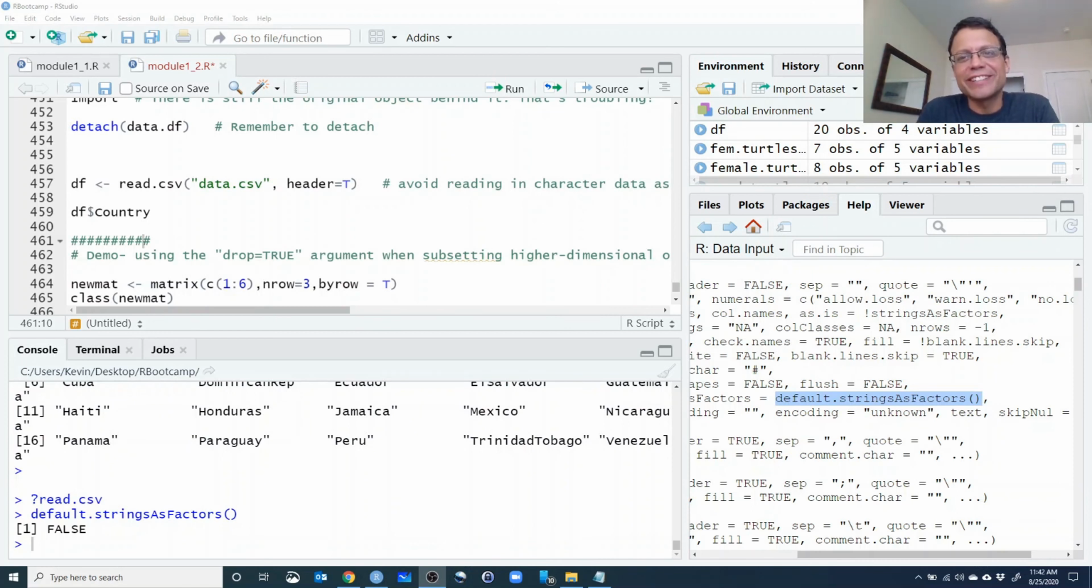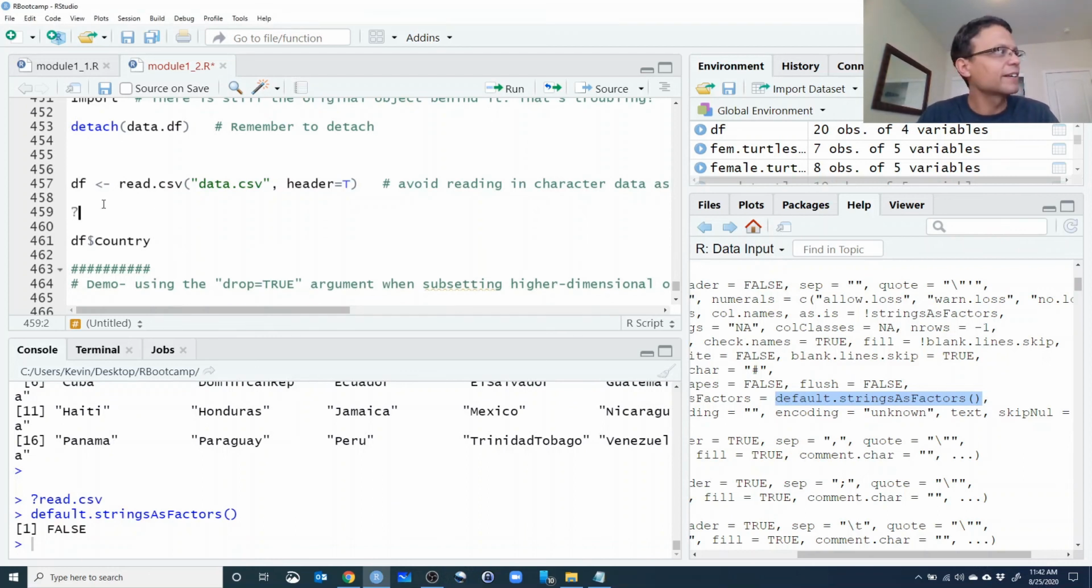So I just realized that R has updated. The new version of R doesn't actually have the default be to read strings as factors. That is a totally new thing. So just check this out. I just learned something. If you were to do ?read.csv,